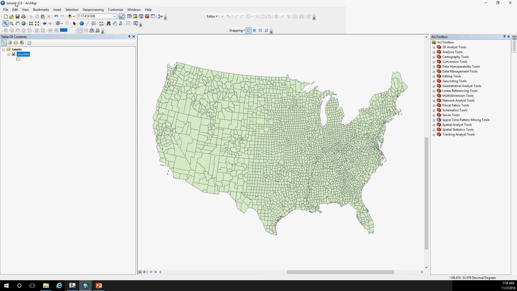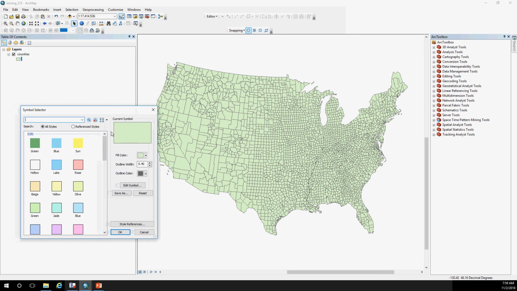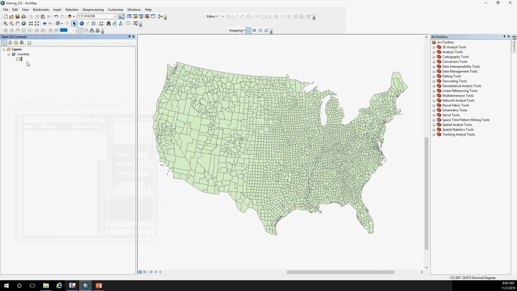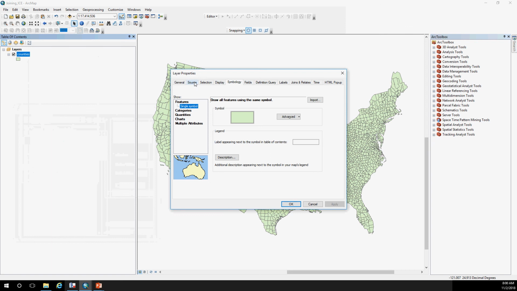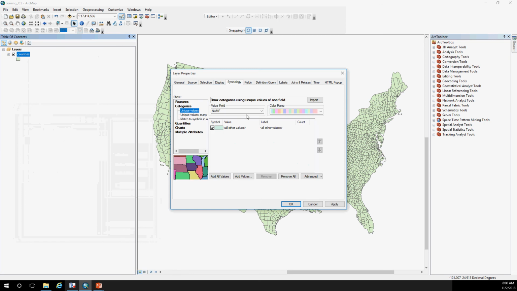However, it's pretty easy to do some other mapping here. So what I'm going to do is over here in the table of contents, I have ways of looking at and symbolizing my data. If I just right click and go into properties and go into symbology, I've got this listed as single symbol. What I'm going to do instead is go into categories,